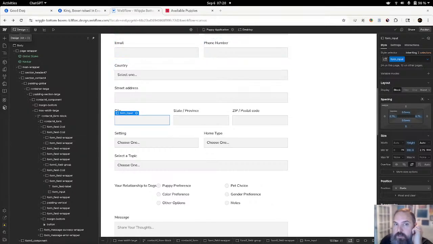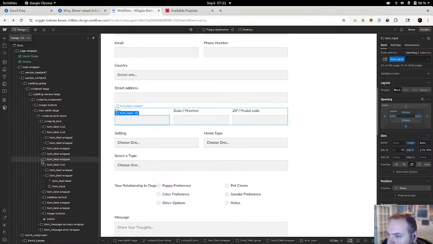Next is renter or own, and then landlord, and then the fenced toggle. So I think we could probably get away with a 3 underneath that because that probably makes the most sense there. So we're just going to copy that.